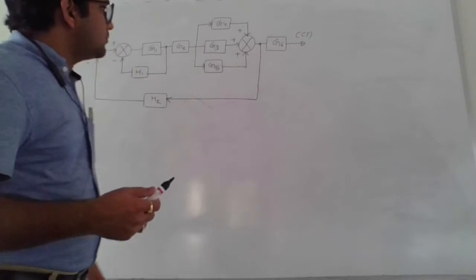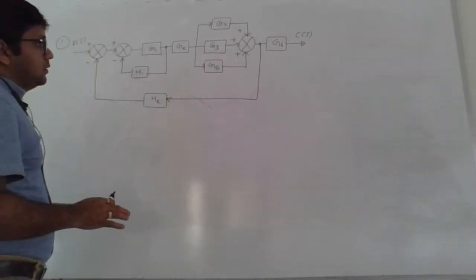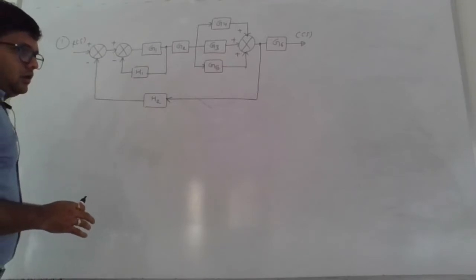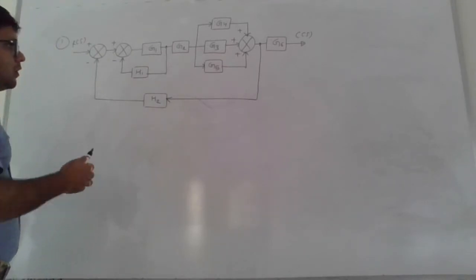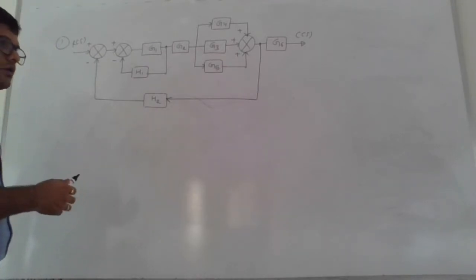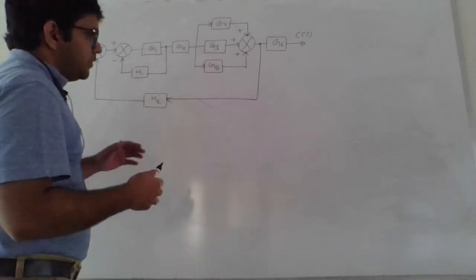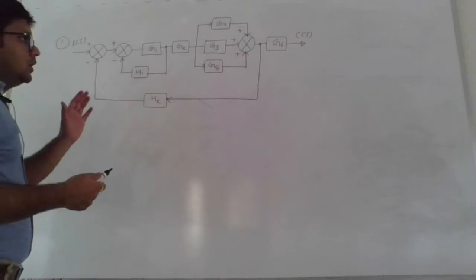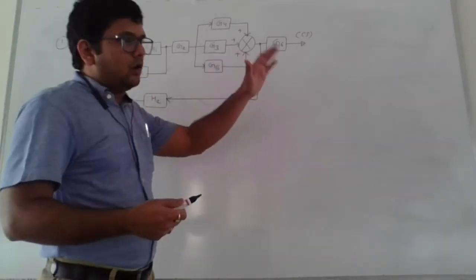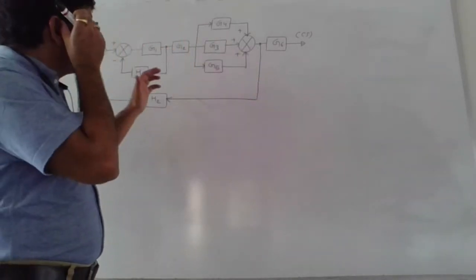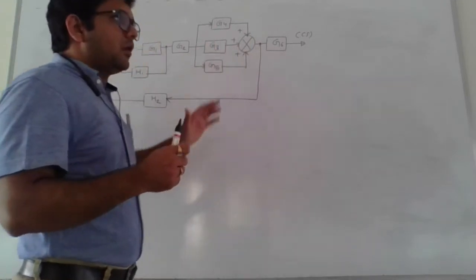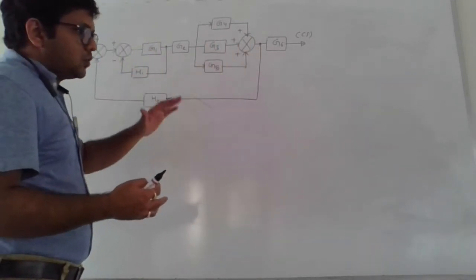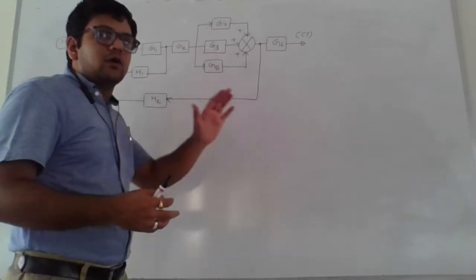So in order to solve numerical on block diagram reduction technique, first of all we need to identify by observation whether the blocks are connected in series combination, or you can say parallel combination, or we need to apply the concept of elimination of closed loop, or we need to shift summing point after a block or before a block, or you can say takeoff point after a block or before a block, in order to reduce or modify this particular structure, so that our objective is to find the overall transfer function.